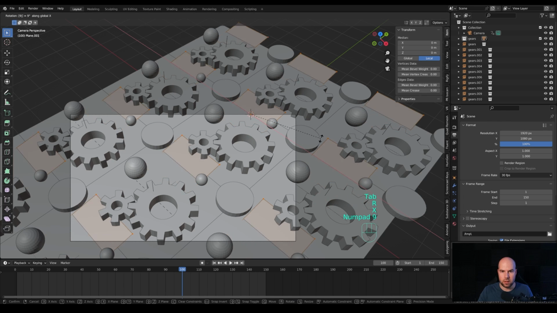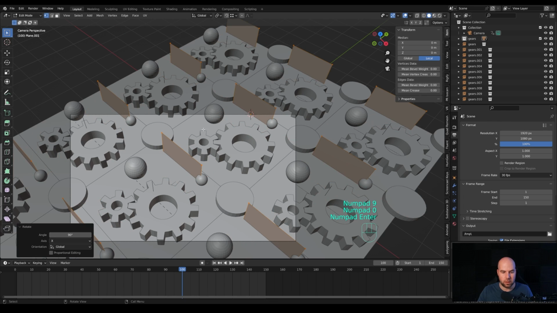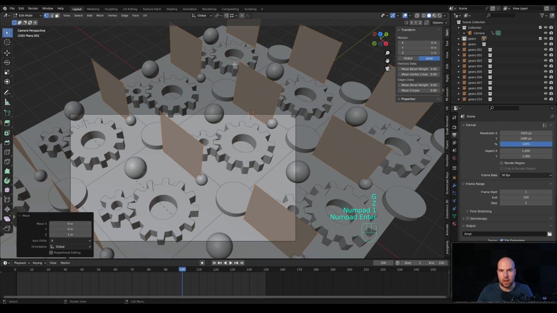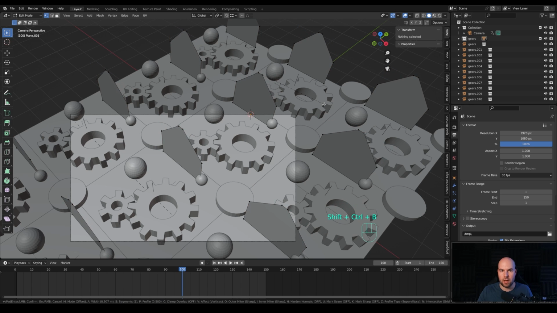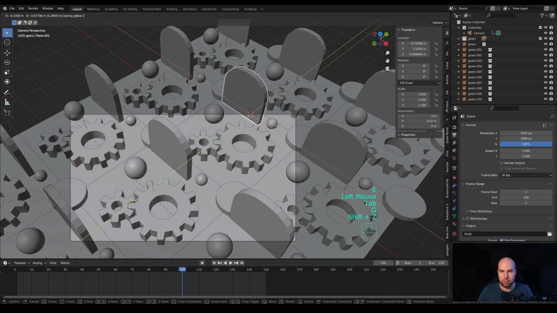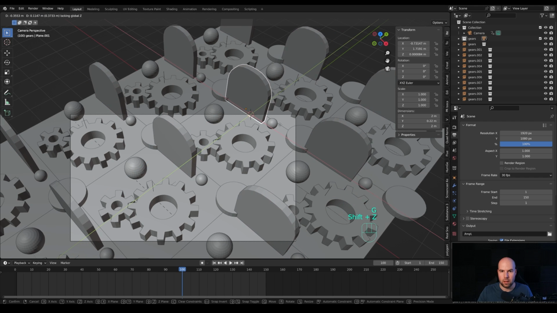So let's insert a plane, rotate it 90 degrees in the edit mode, press G, then Z, move it up 1 meter again. And now we can just select these corners, press Ctrl Shift B to bevel them and increase the number of cuts with the mouse wheel, and extrude. And let's find some better placement for this, and then we can shift these spheres around.